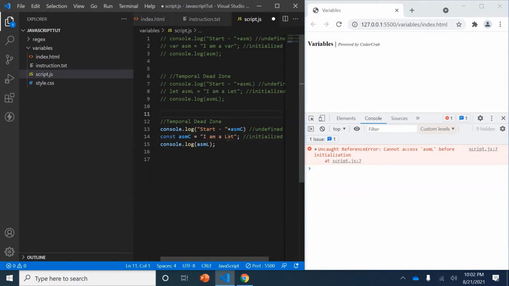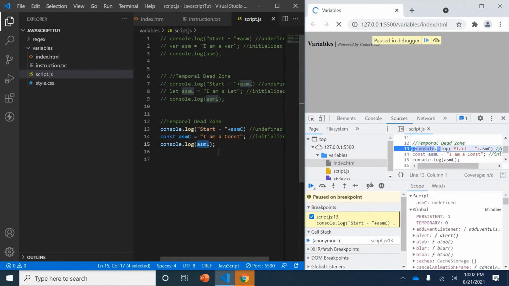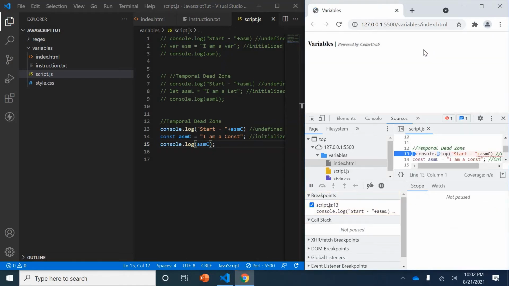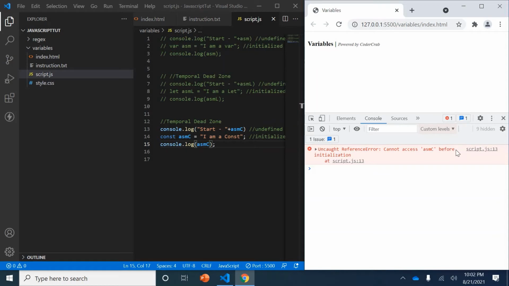Let's put this point here and save it. Now the same thing came here. You can see cannot access ASMC before initialization. ASMC is initialized on line number 14, and we are trying to use it on line number 13, which is the temporal dead zone.